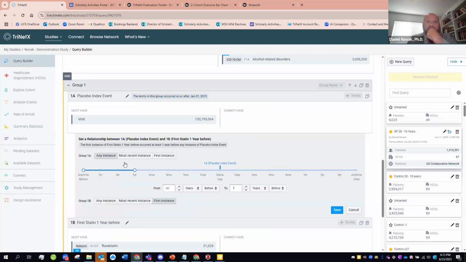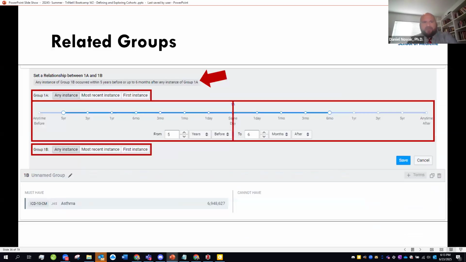And I also want to highlight that you can change positional relationships in here. So you can have it be any instance of a visit or the most recent visit. If you were looking at, for example, the most recent A1C value in the person's record, you could define it this way. Or you could look at the first instance, the first time they were diagnosed with a melanoma, or the first time that something occurred. So these can really help you with that time definition